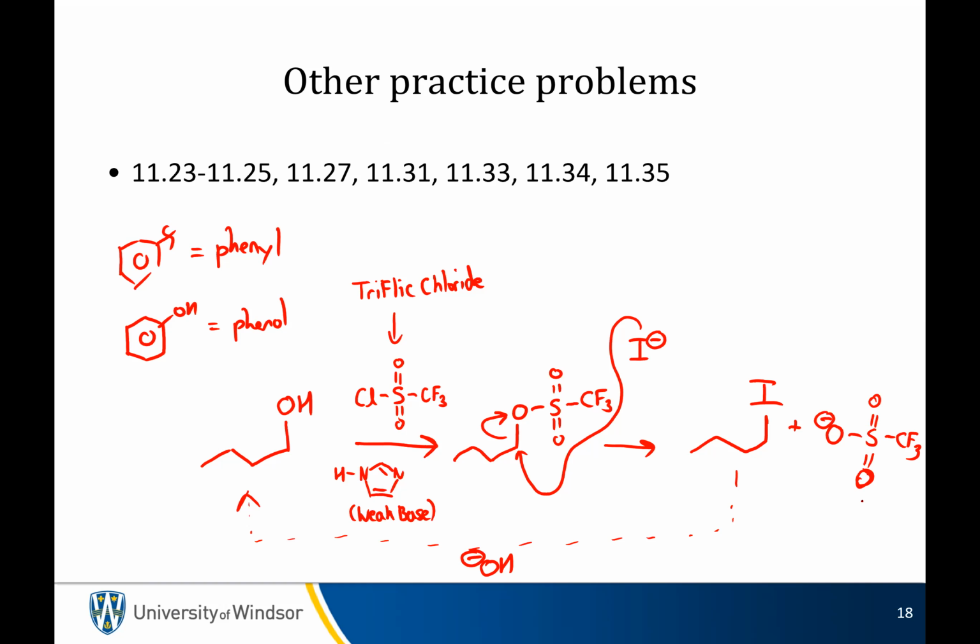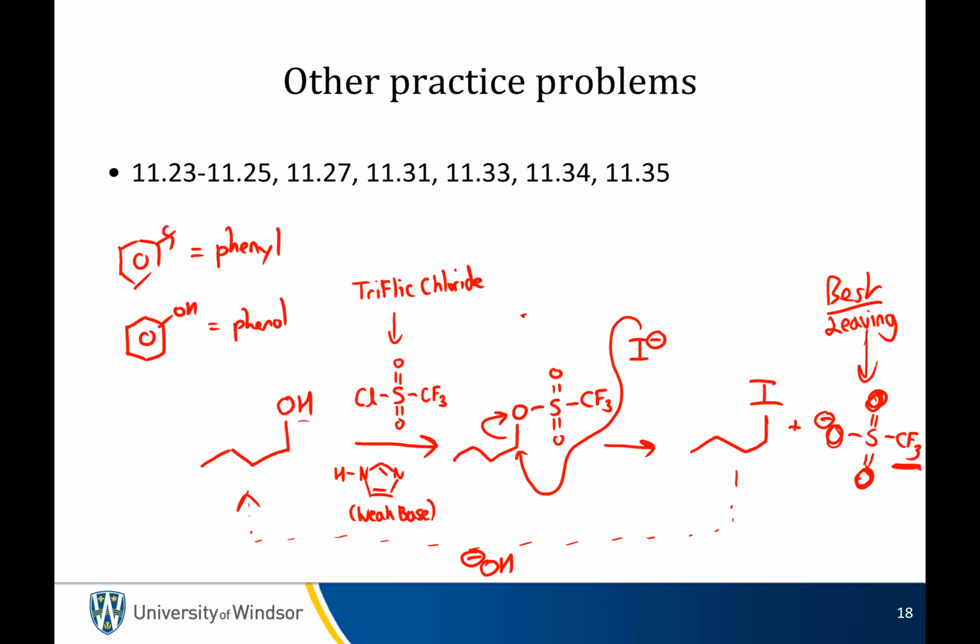So this should seem somewhat familiar. It should look a bit like sulfuric acid. And we know sulfuric acid is a really strong acid, and that means that the conjugate base is a really stable molecule, except this is far more stable than sulfuric acid. This is probably the best leaving group. I'm going to say best normal leaving group. There are better ones, but they're really weird and they are hard to make. And it's because this negative charge is shared amongst all three oxygens, and you have a huge inductive effect from the CF3.